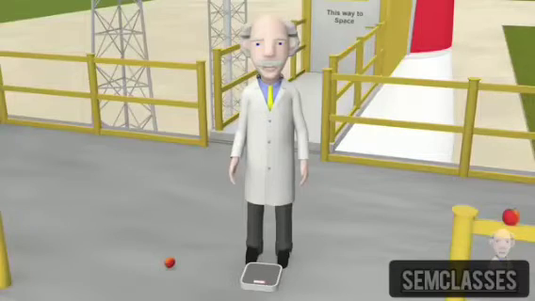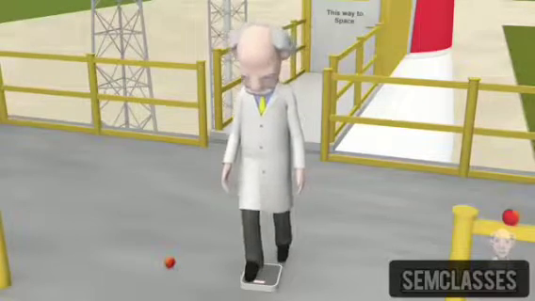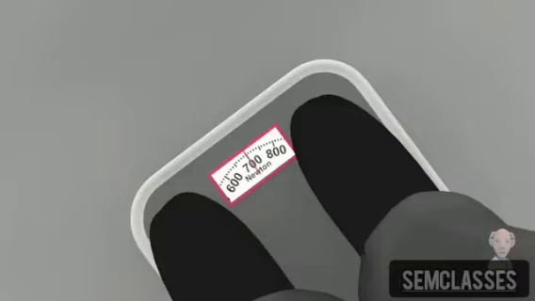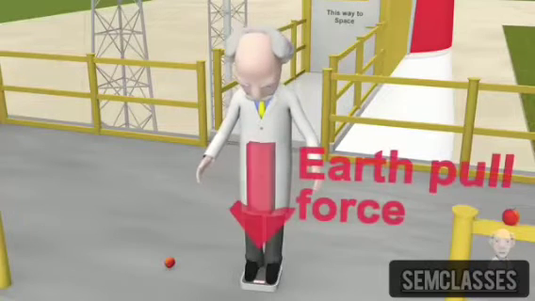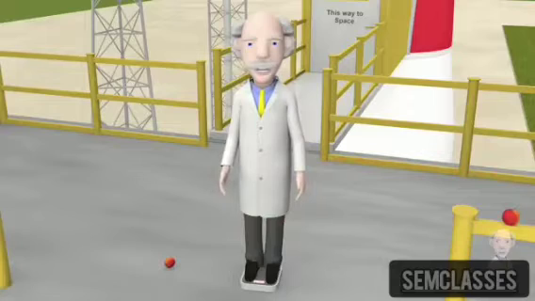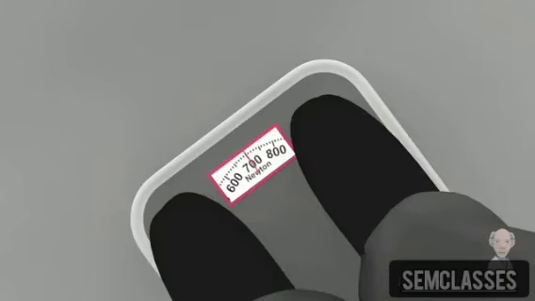The gravitational force from Earth on an object is known as the weight of the object. If I step on these scales, you can see that my weight is registered as 700 newtons. This is the gravitational force between me and the Earth. It is the force of the Earth pulling me towards it. Scales that are calibrated for use on Earth display your mass rather than your weight, so the display will normally show your mass in kilograms rather than your weight in newtons.